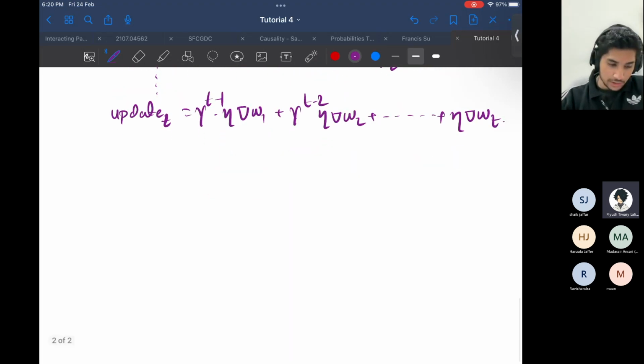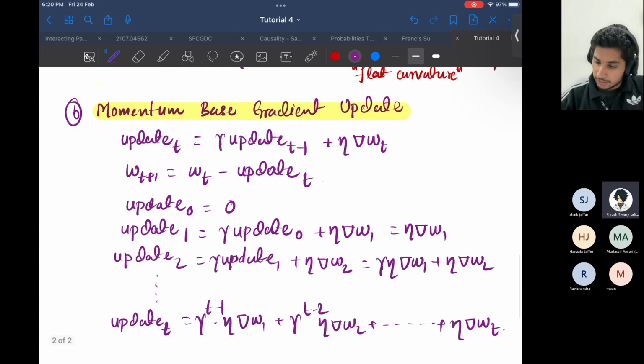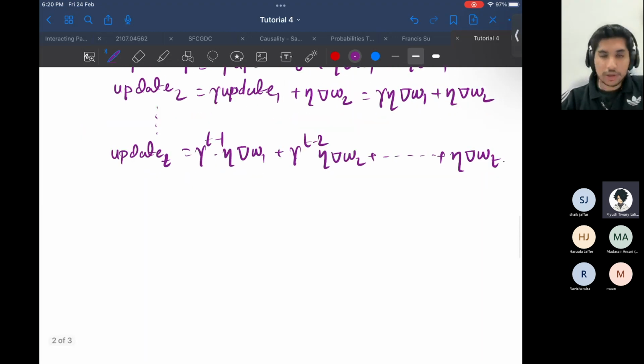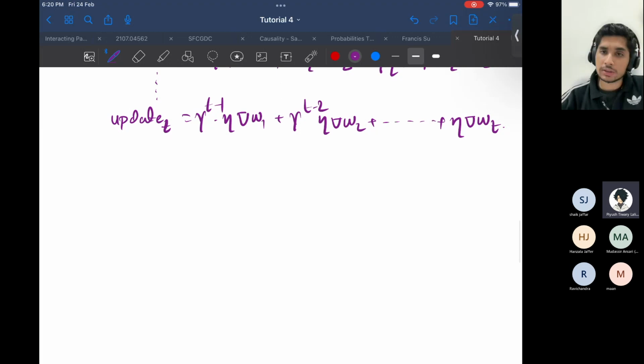Okay. So this was the momentum based gradient update. But we observed that the problem with such an update rule is that there are a lot of oscillations. If you watch the lectures,